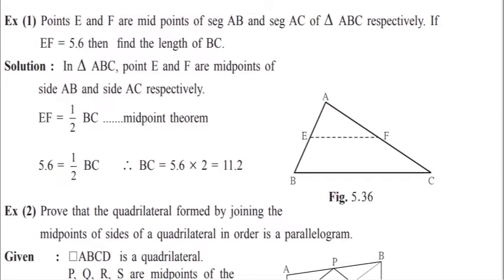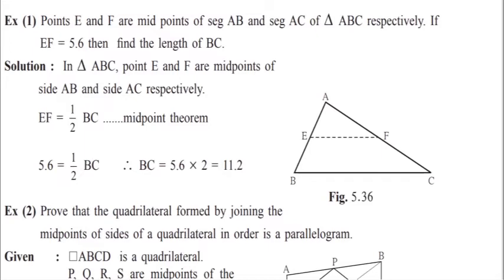In the midpoint theorem, the second part has the wording "half of it." The segment joining midpoints of any two sides of the triangle is parallel to the third side and half of it. So now EF will be the segment joining the midpoints of sides AB and AC. So it is half of the third side, half of BC. BC is the third side here. So EF is equal to half of BC. The reason is by midpoint theorem.